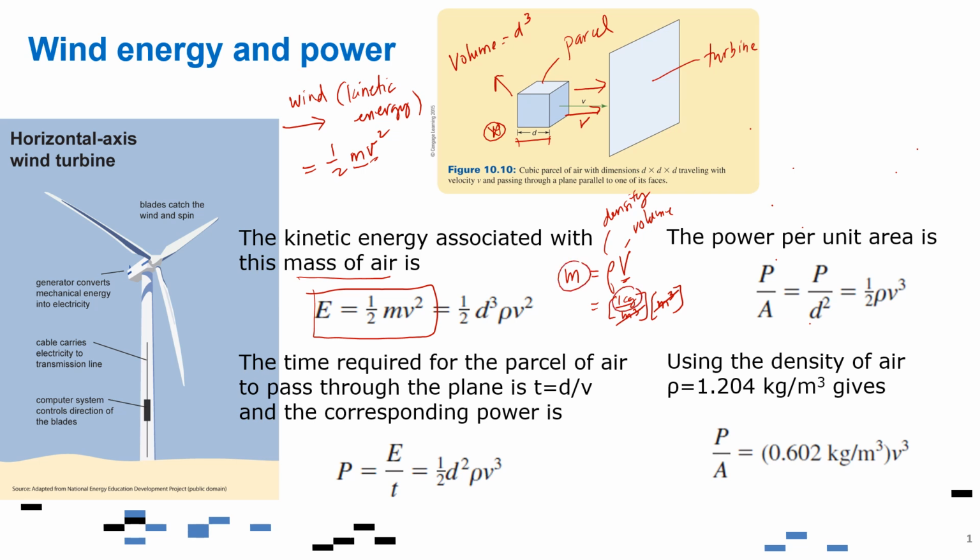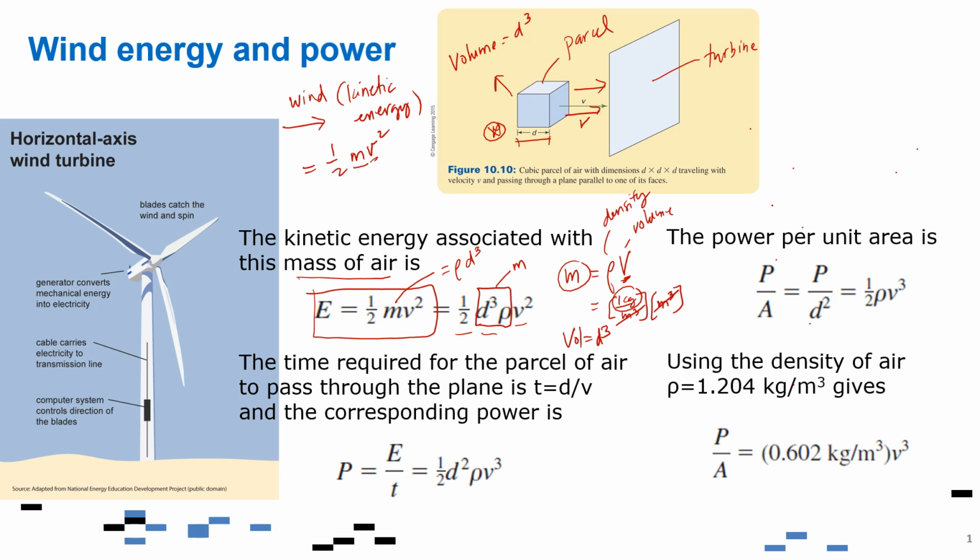So rho V, in which case the V is the volume, we can represent as d cubed. So the volume is d cubed, and it's rho d cubed. In this case, the mass is actually equal to rho d cubed. So from here, rho d cubed is the mass. So it's basically the same 1/2 mv squared, pretty much the same as the kinetic energy.